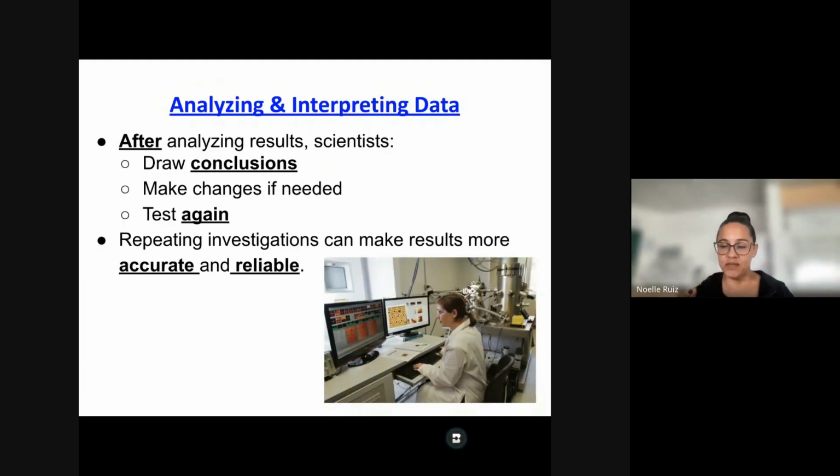The more you do something and the more those results stay the same, that's when you start to build a body of evidence towards a theory. And theory is the last step of the scientific method. And then